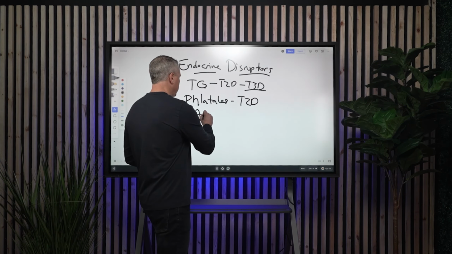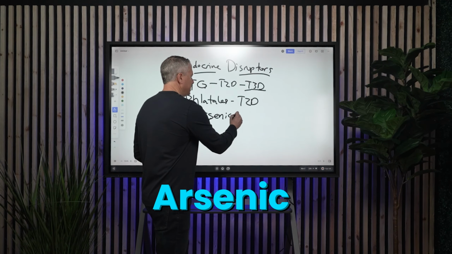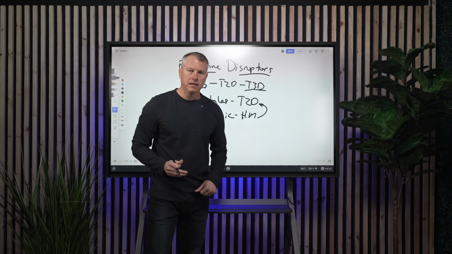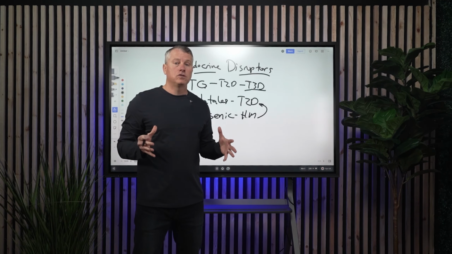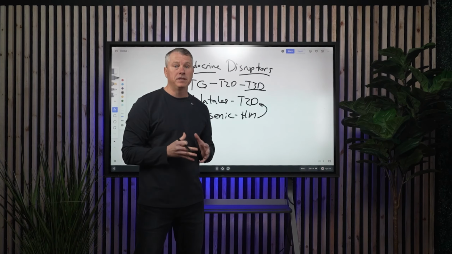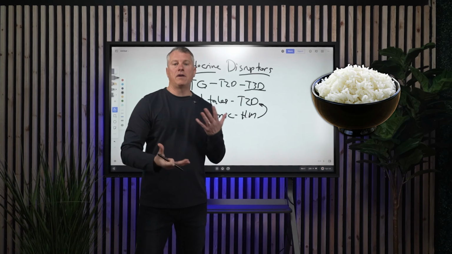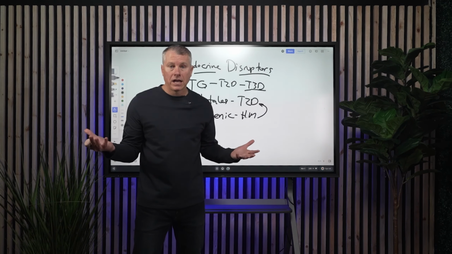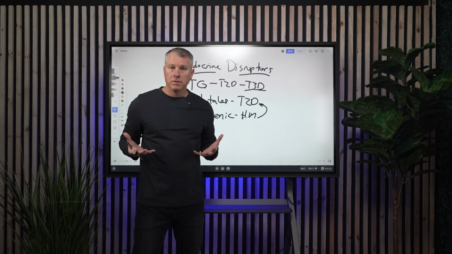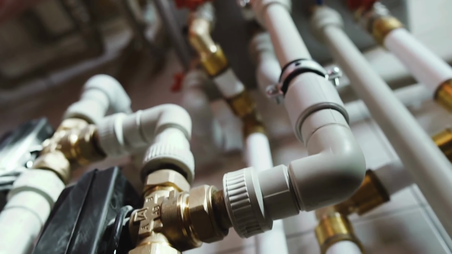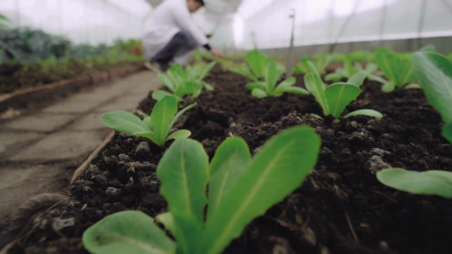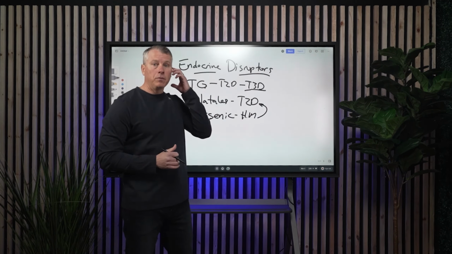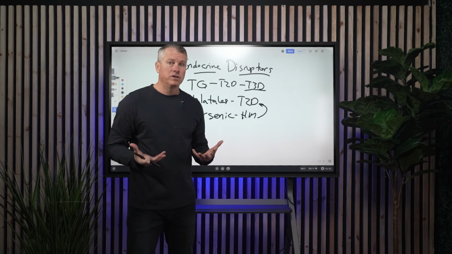Another one that we see that's very common is called arsenic. Now, arsenic is a heavy metal. Again, it's directly linked to type 2 diabetes. And it's found in a lot of things that we consume, things like our food supply. Very common to see in things like white rice, which is oftentimes recommended to some diabetics to be eating because it's a better type of carbohydrate, if you will, but very damaging. You could be consuming these things. But it could also be found in water supply and types of soil as well, depending on where you are throughout the country. So these types of toxins are not uncommon that we commonly see in our diabetics who are dealing with diabetes.